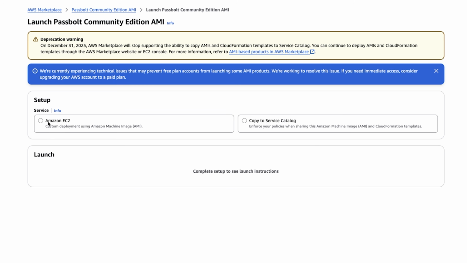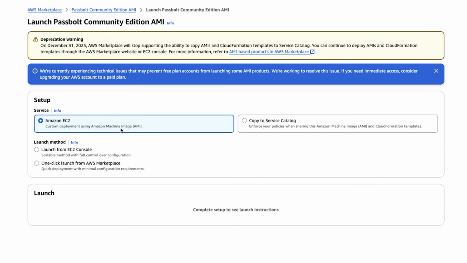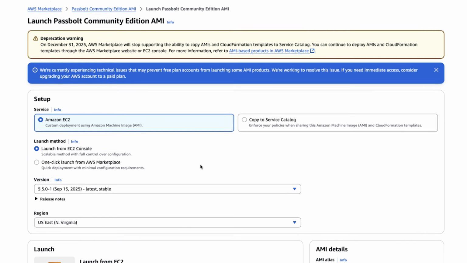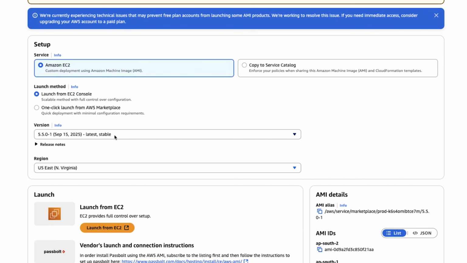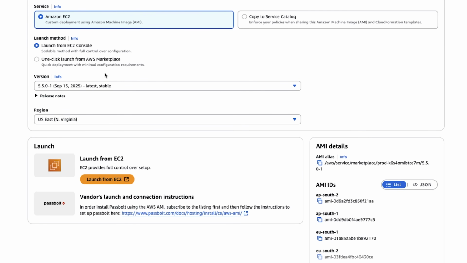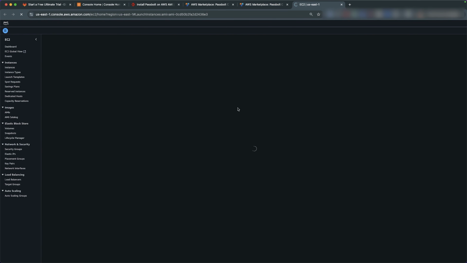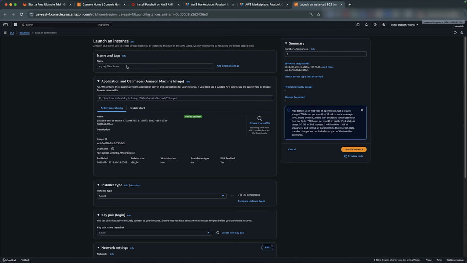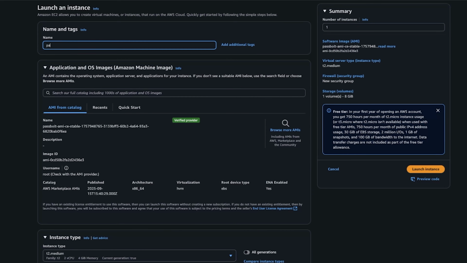All right, okay, so let's set up an EC2 instance. Do a launch from EC2 console. Let's see. Yeah, most recent version, latest and stable. Of course, we're going to use US East 1. We're just going to use the EC2 console so we have a lot more control over the configuration. And let's go ahead and launch from EC2. All right, here we go. And we'll just name this Passbolt CYBERWOX for CYBERWOX